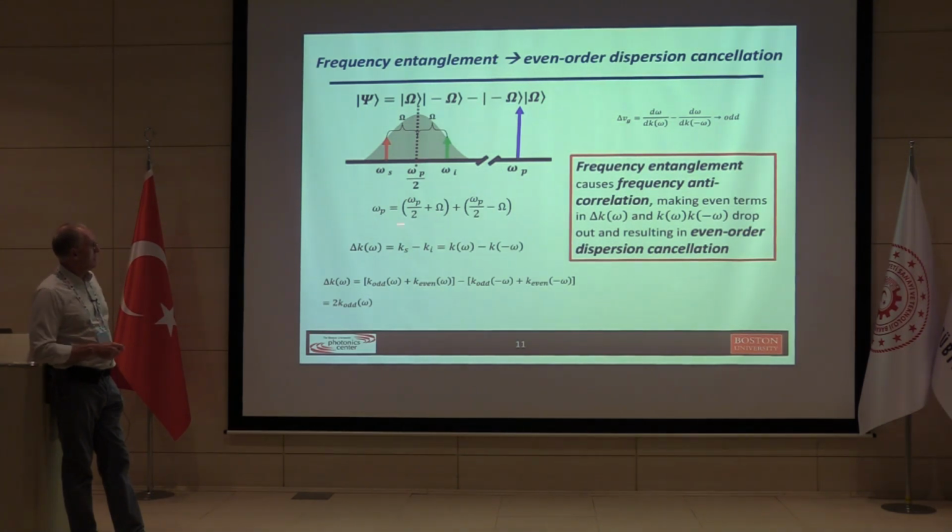And basically omega pump equals this plus this, this is signal, this is idler. Well, the phase shift, as we all know, is an omega-dependent thing. Basically the delta omega can be represented as a Taylor series,